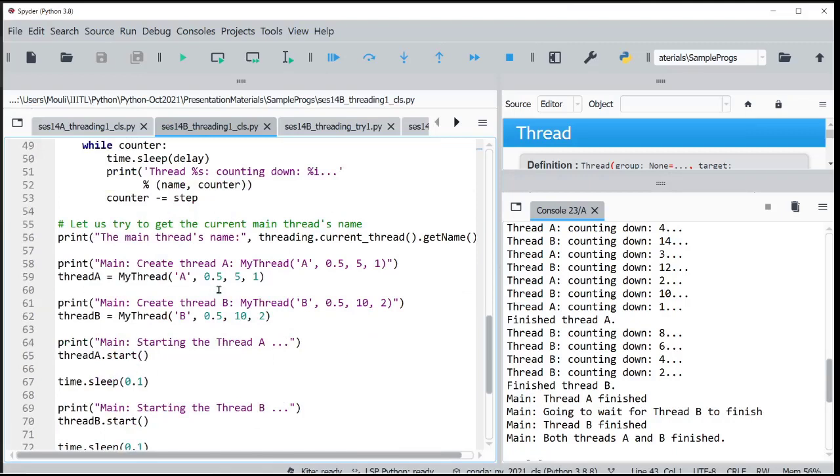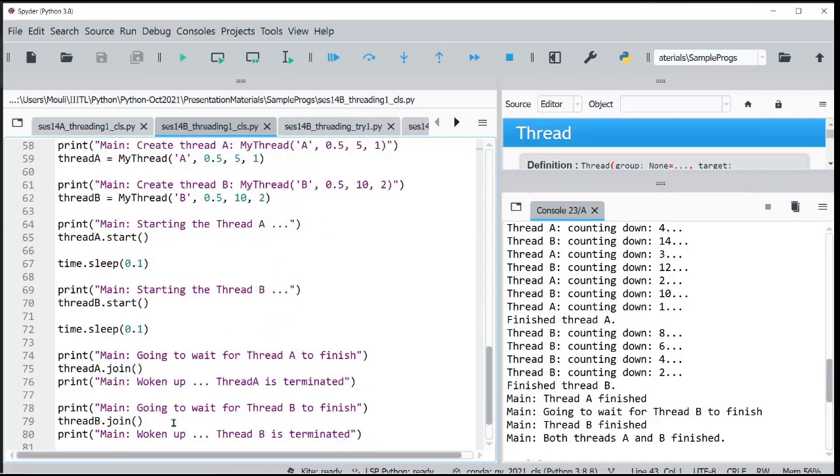Thread A will finish first. Till then, thread B will be waiting for thread A to exit, and then thread B will do its job and come out. So finally, when this waiting is happening by the main thread, it will see,